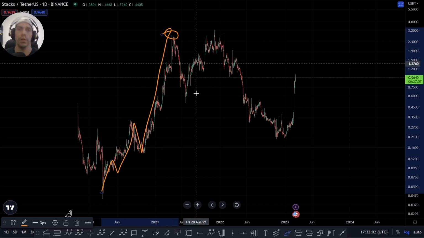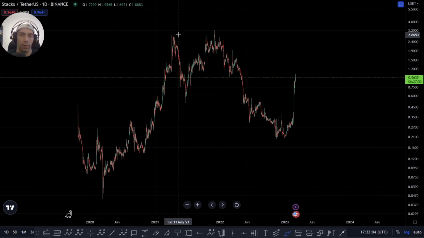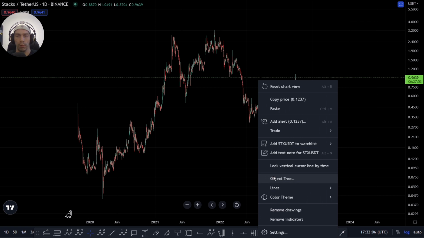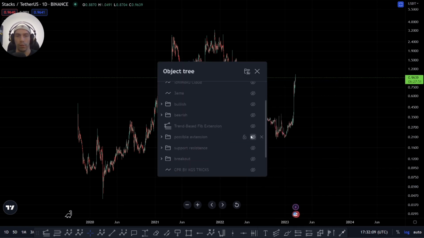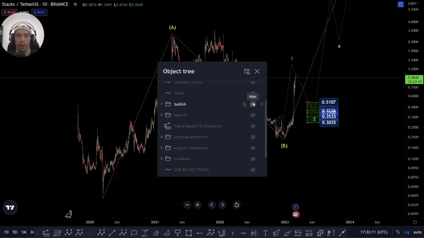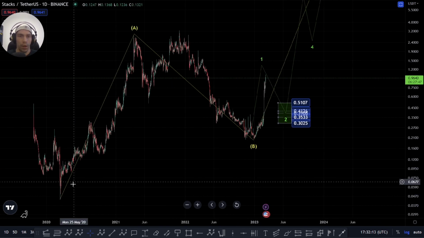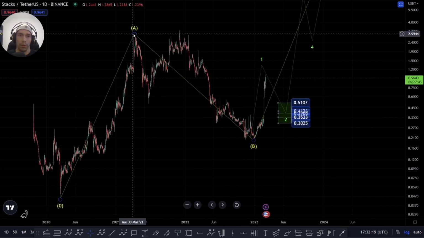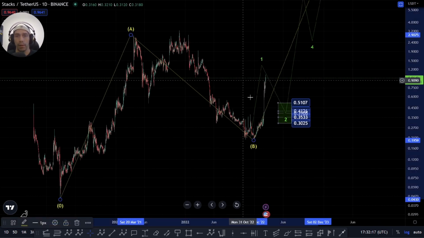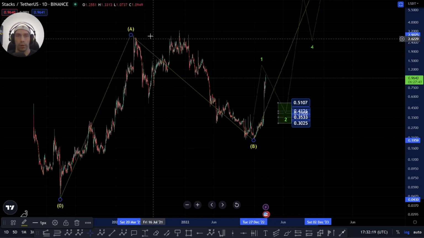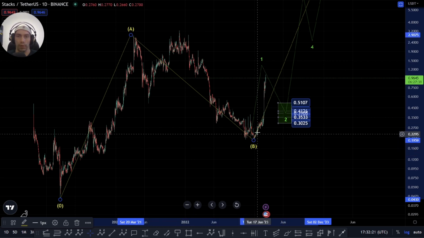That's the only real way I can look to count it as an impulse. And what we would then be looking for is the potential to the downside. Let's look at the bullish one. Within this, we'd be arguing that this is our A wave high, and then this is all potentially a B wave to the downside, where this becomes an A, B, and a C down